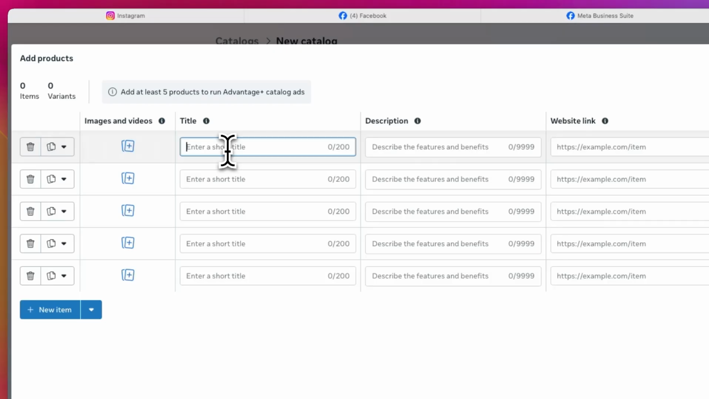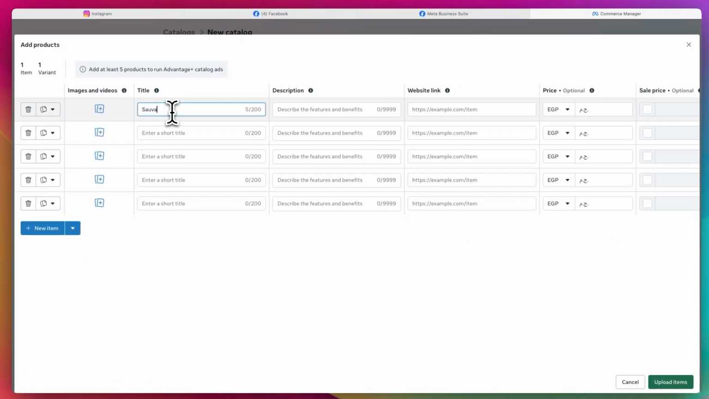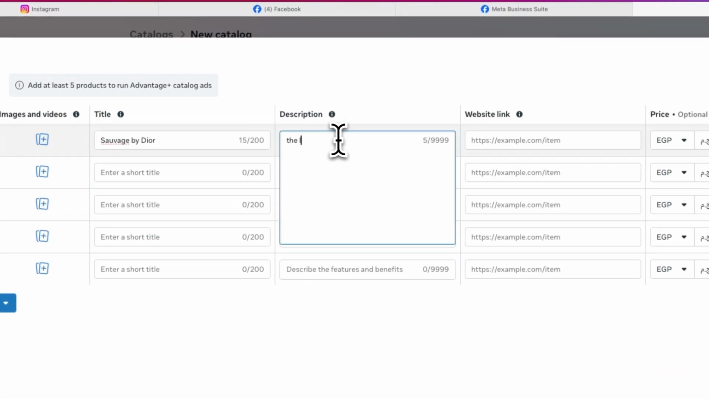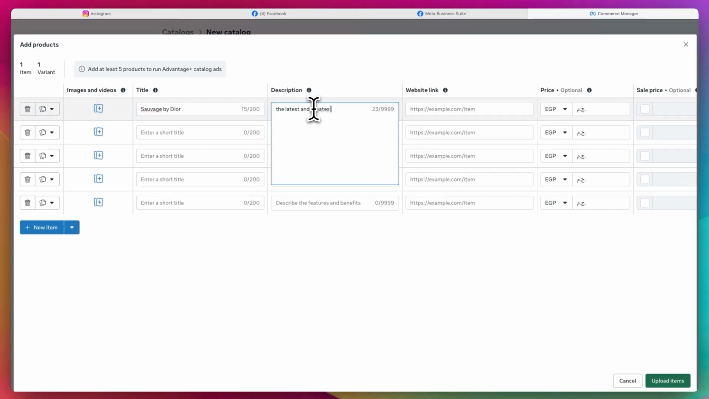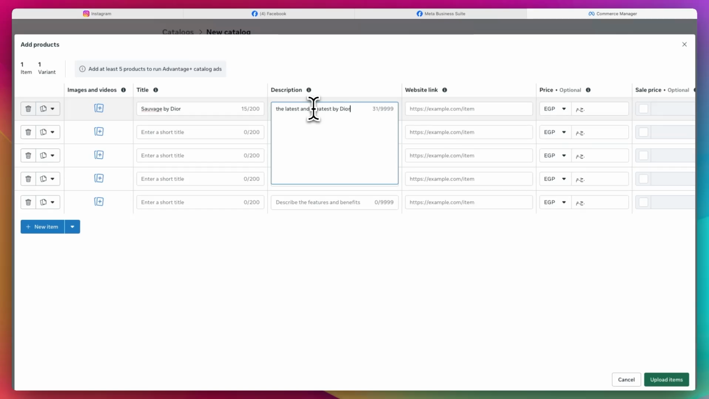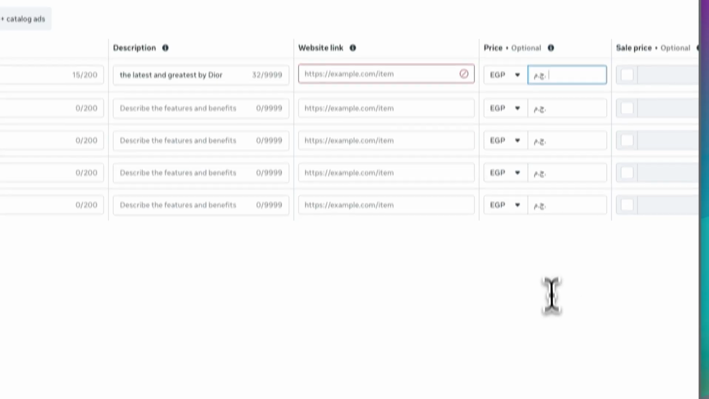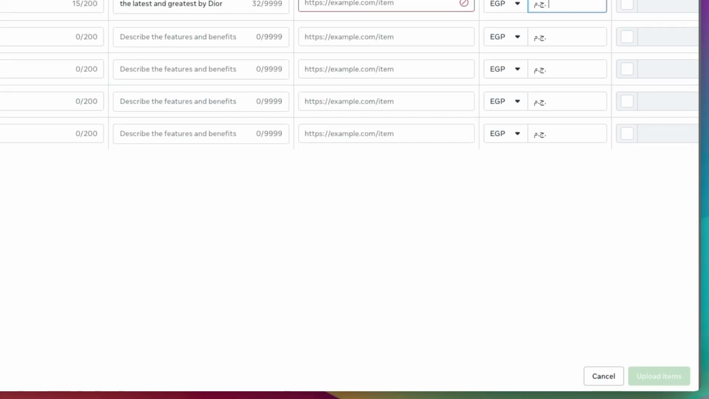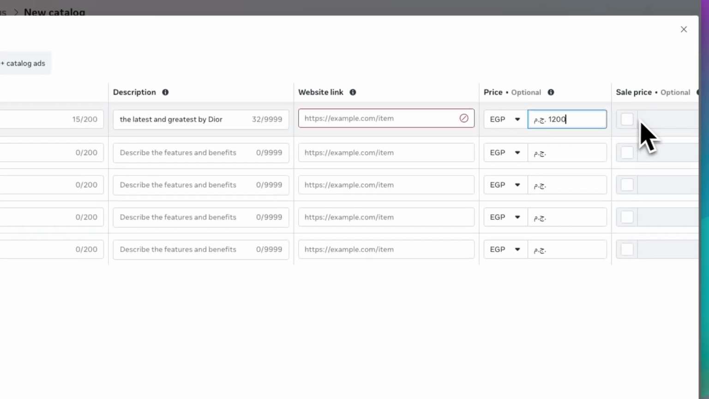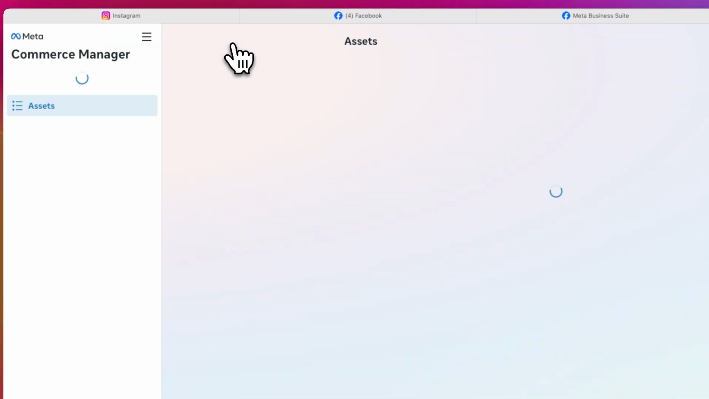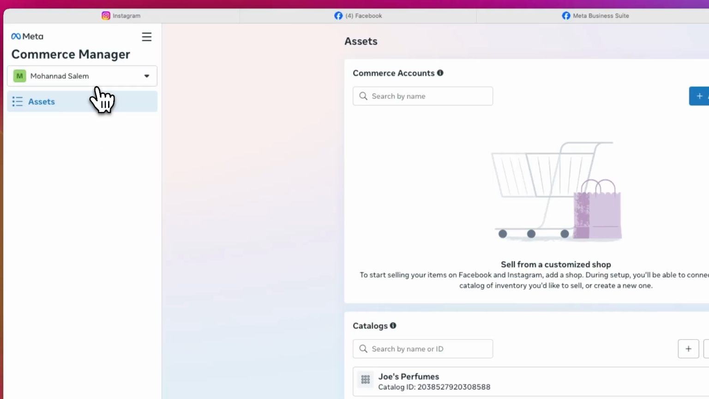And then you want to enter, let's say we're selling perfume Sauvage by Dior. The latest and greatest by Dior. And then you want a link of your shop, maybe your Shopify, maybe you sell on Amazon, wherever you do, and then you want to enter a price right here, and then you want to upload these items. So after working on all of these, you can have it be on sale at some point. We can have an example, and after you're done with all of that, it's going to appear once again like I showed you beforehand,